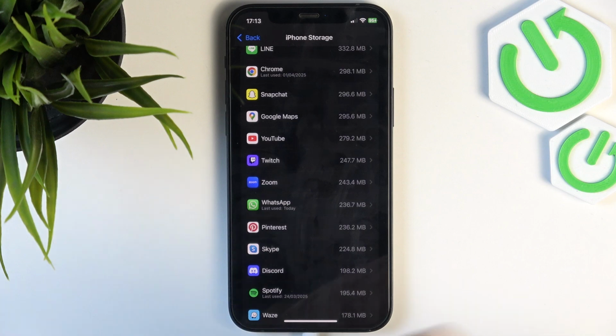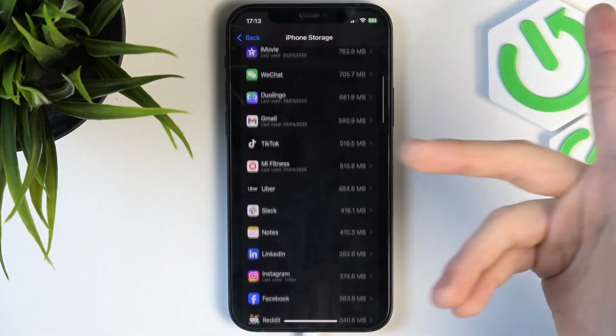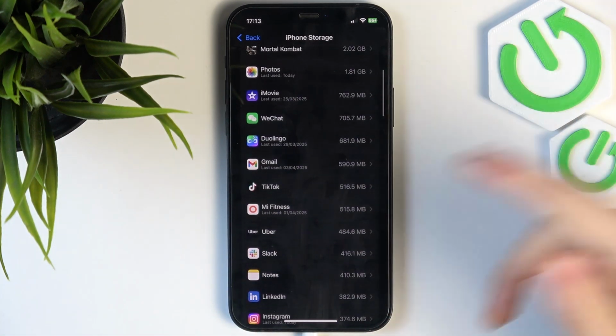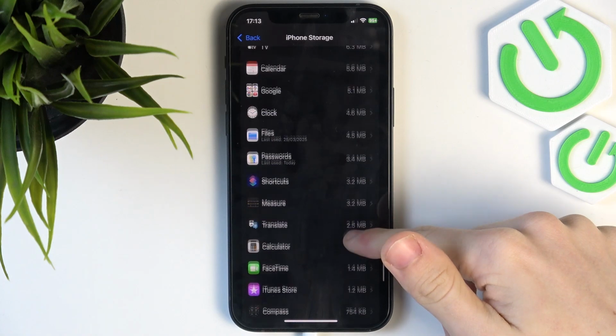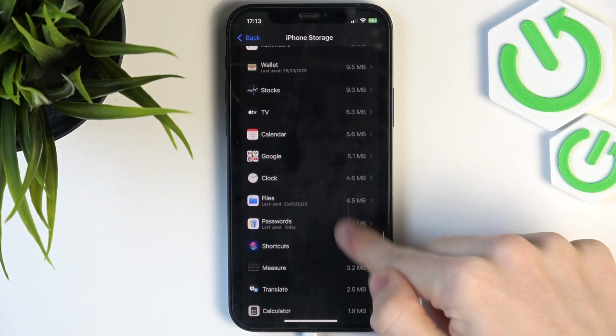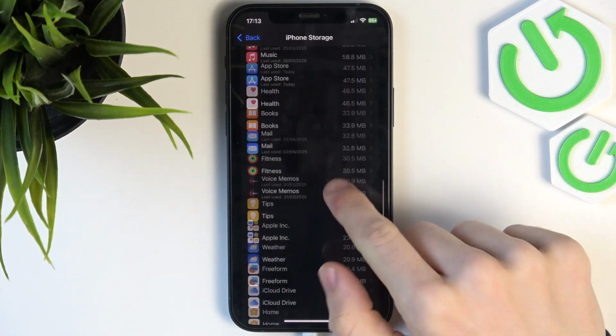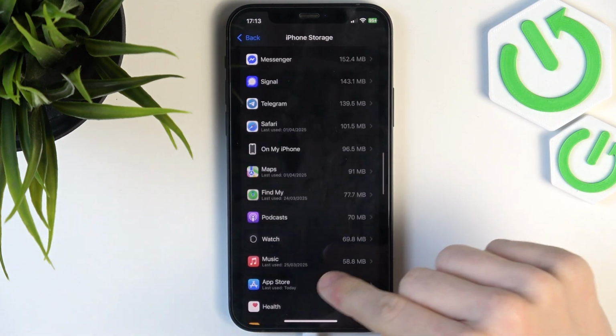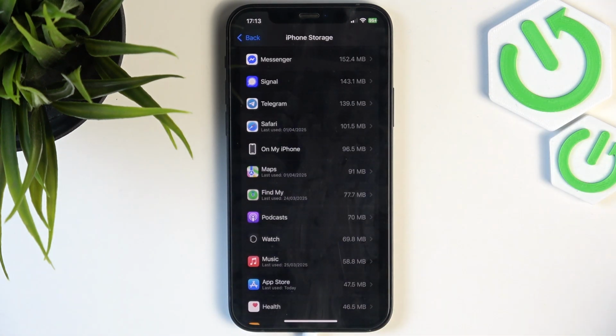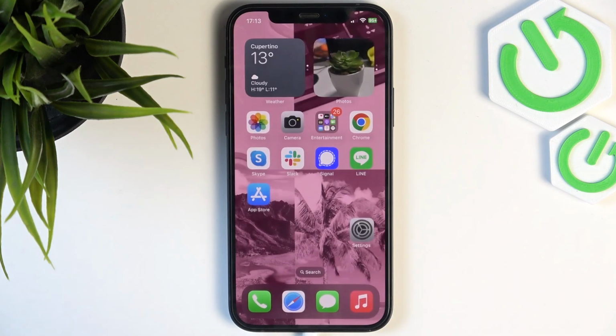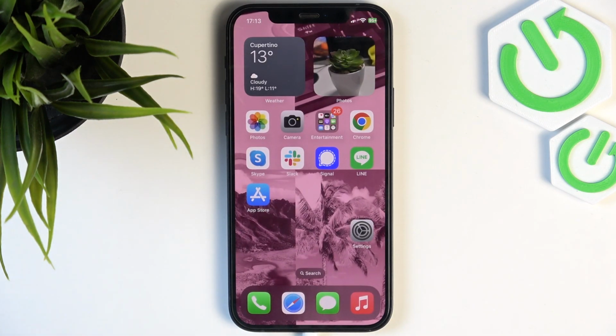Once it's deleted, your storage will probably be freed up, depending also on the size of the app, because you can see that I have apps that take 6 megabytes. They won't really help if you uninstall them, but if you uninstall several of them, they may. So once that's done, or if you can't uninstall any app because everything that you have is important, you may